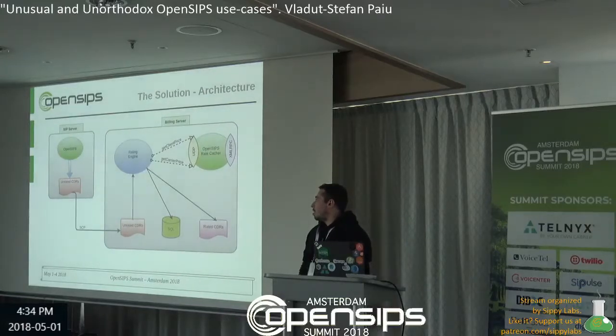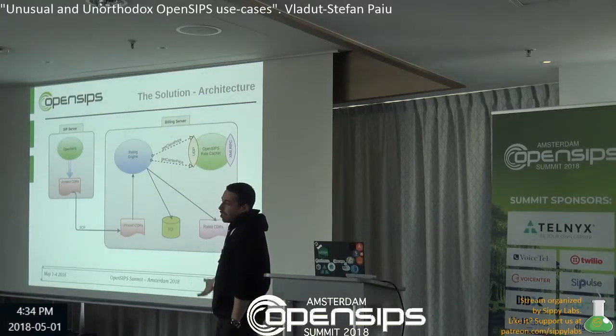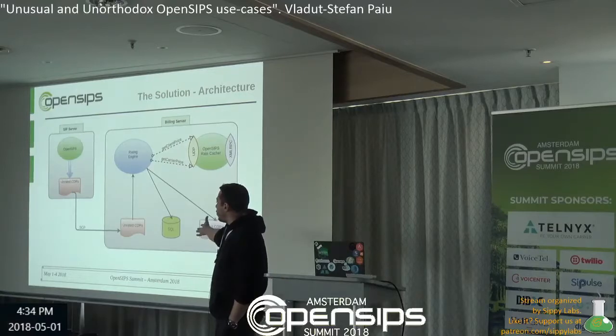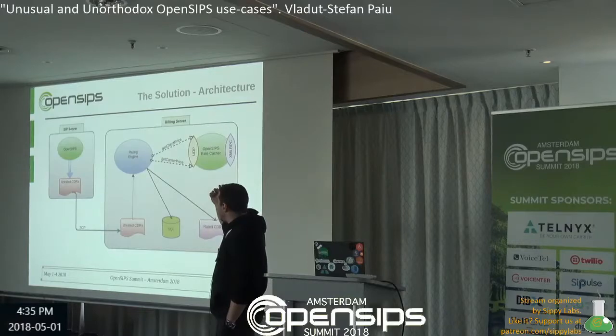So in the end, you get to an architecture similar to this. You have a SIP server writing unrated CDRs in the format of CSV or whatever, something easily written to the SSD. Then you move those CDRs to a billing server just to keep the processing separate from your main SIP engine, where a simple rating engine just reads the CDRs and asks our new OpenSIPS rate cacher module,